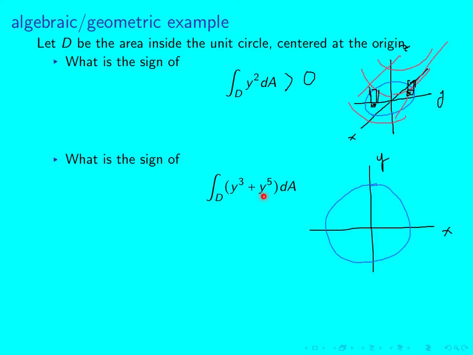And in particular, if y is positive, so in the upper part of this circle, well, if I take positive numbers and I plug them in, I'll get a positive output. So I get a quote-unquote positive height for each of the rectangular bars that live in that region. On the other hand, in the lower part of the circle, down here, if I plug in a negative y value, these terms will both be negative,